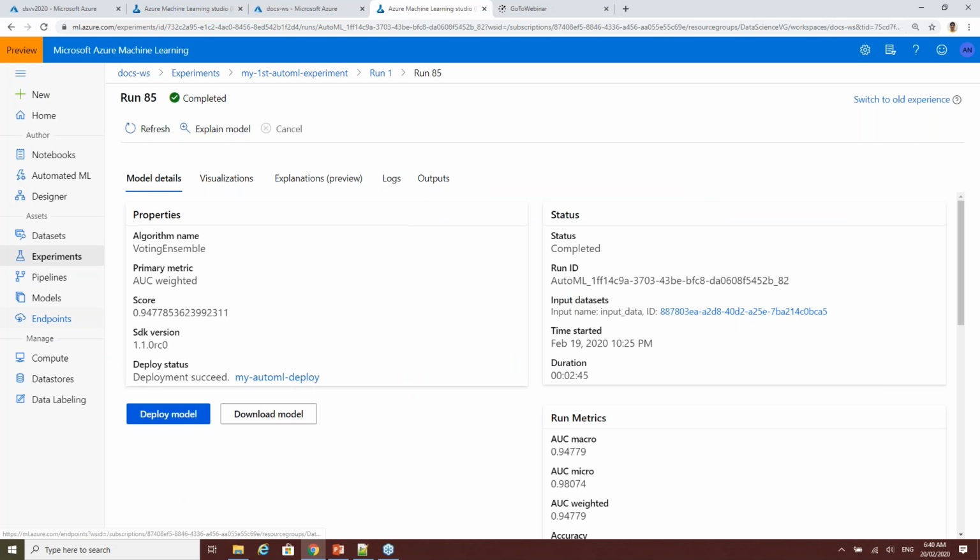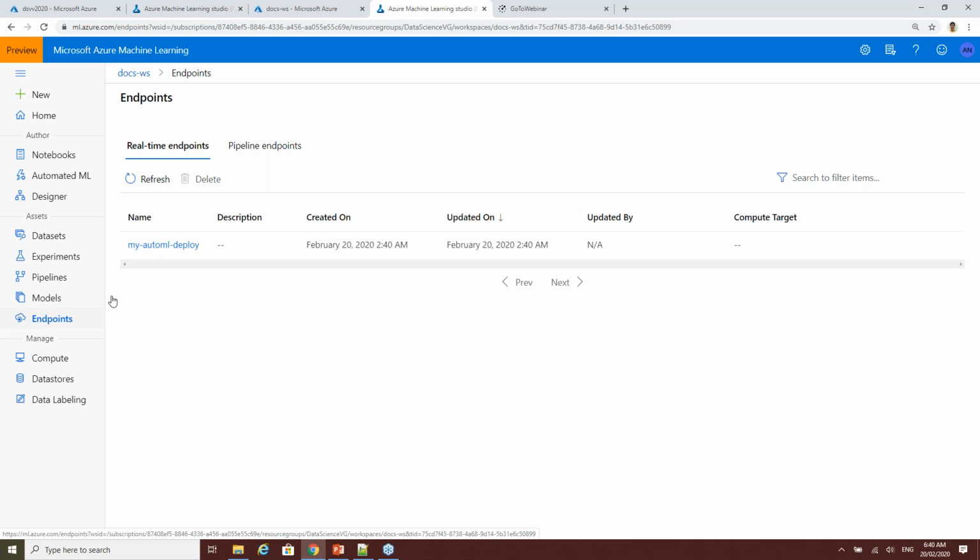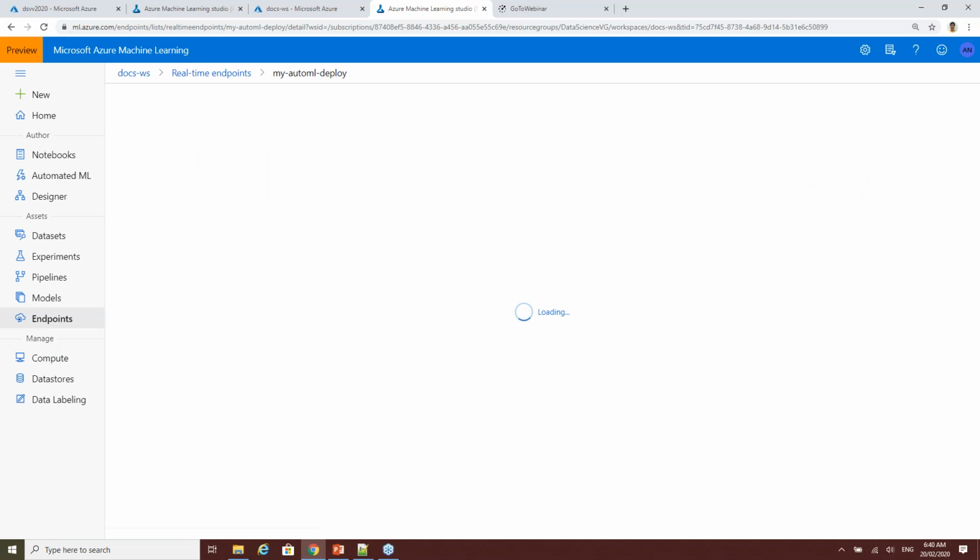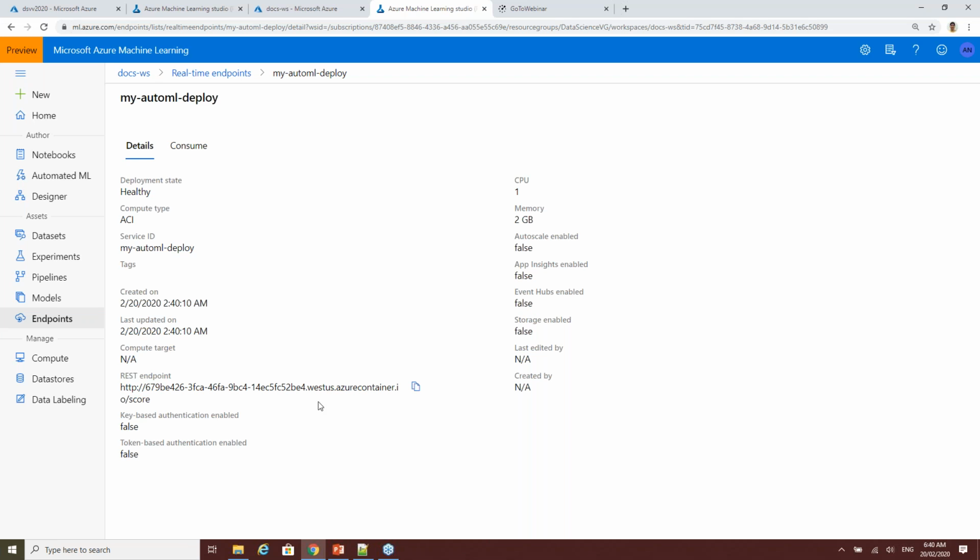So once that deployment is done, you can go here and find out what the endpoints associated with your deployment are, and these endpoints are the ones that you will be using. So the REST endpoints in order to get the outcome from your particular model. So that is quite easy how it is.